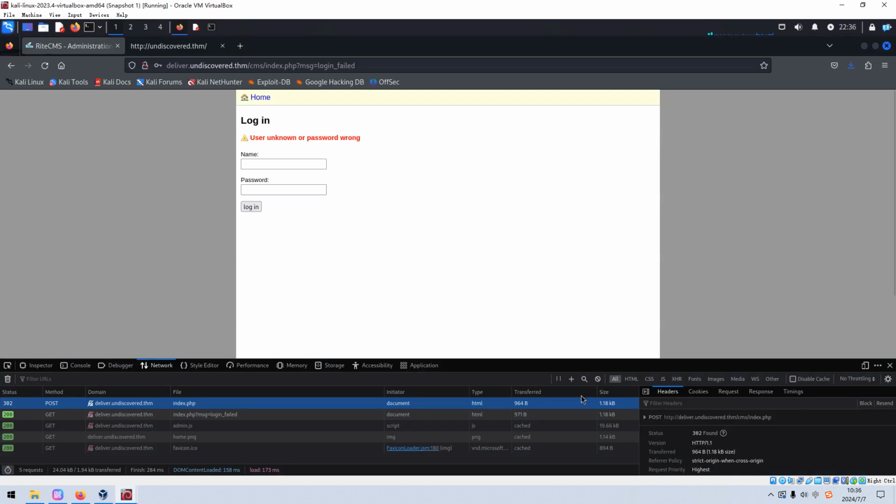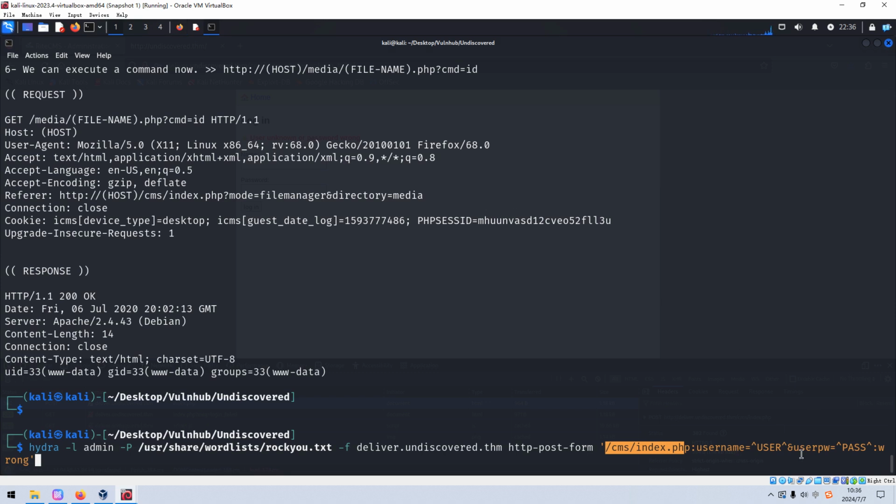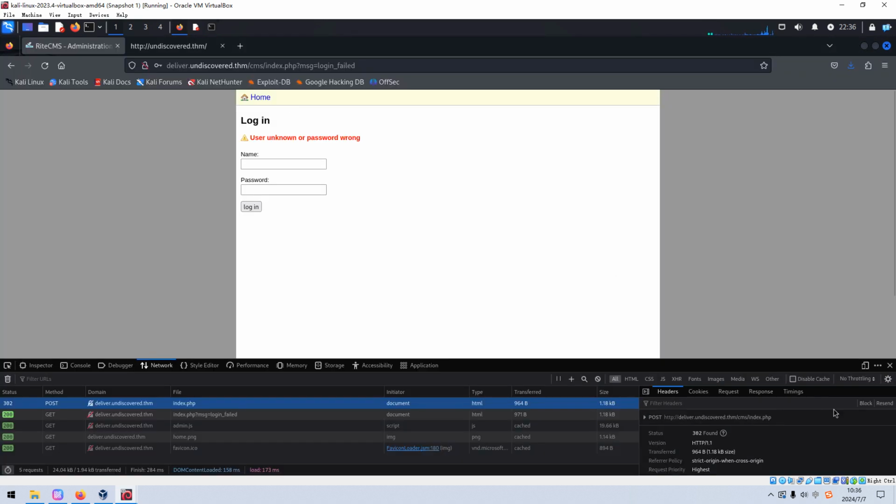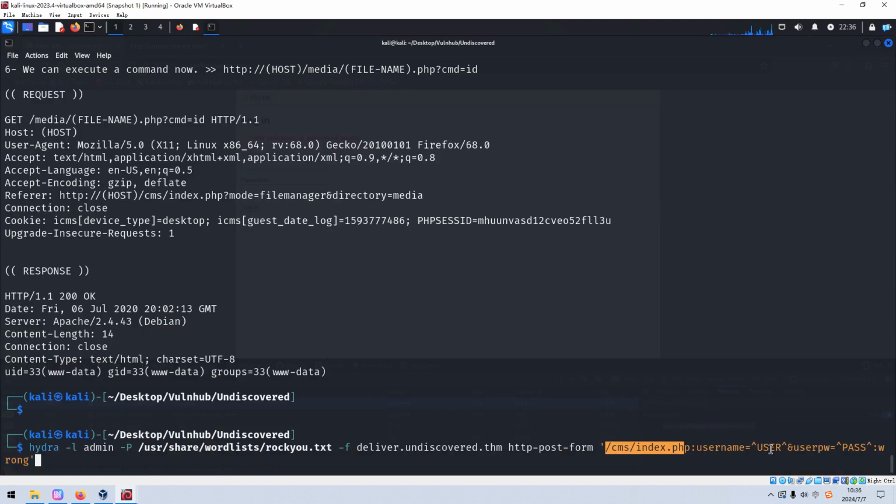And then this should be the login page. You can get it from here. You can copy, and then the username or request payload. Also, you can get it from the request payload. You can switch on to raw and then copy the entire payload, and then you can use placeholders user and password to